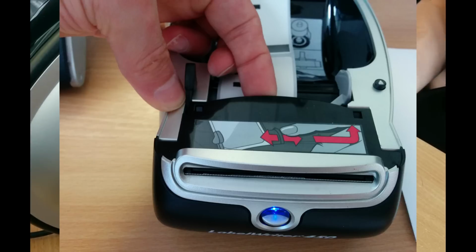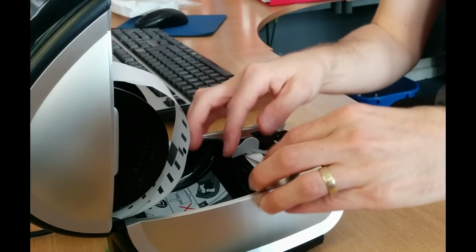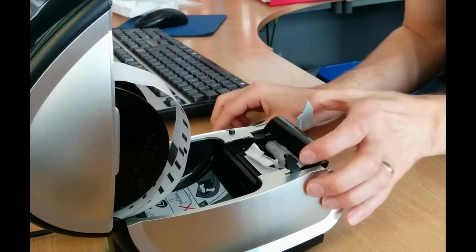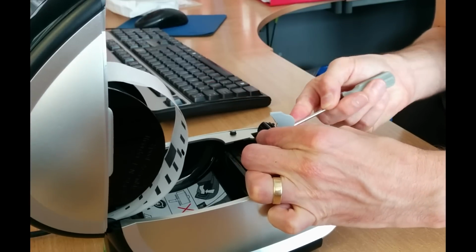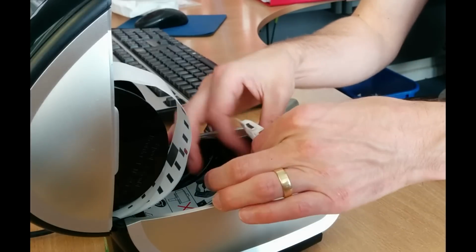You lift the plastic up and then pull towards you, and then fold the guide forward, and then you can unclip it just by pushing a bit of plastic, and it kind of pops out of place. And then